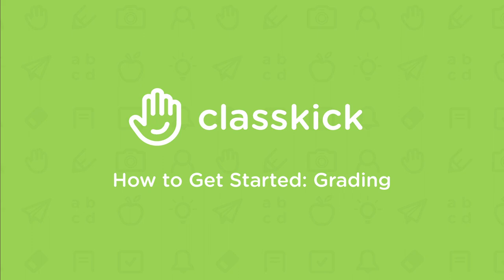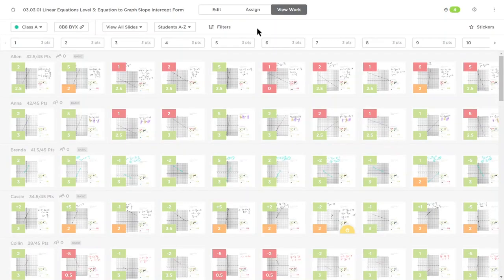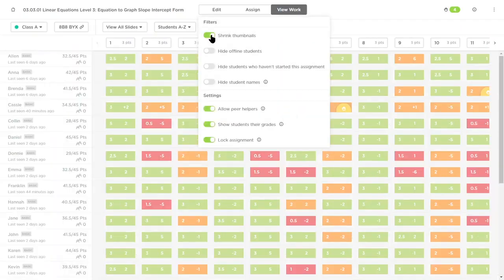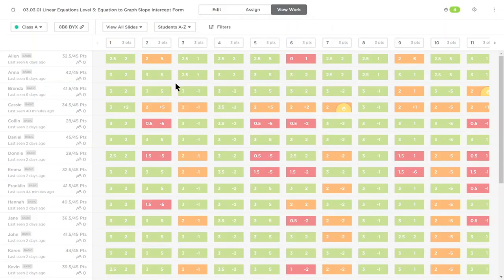In this video, we will walk through how to quantify and analyze your students' learning and comprehension using Classkick. After giving points manually or with auto-grading, use the filters icon to shrink thumbnails. The scores for each slide are color-coded to help you determine who is meeting the objective and who might need